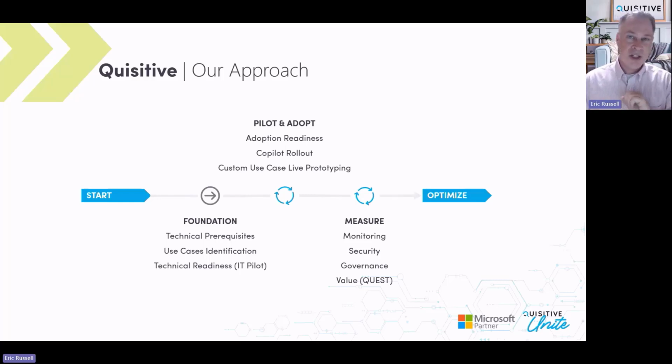You understand the use cases and who you're going to deploy the licensing to. You've done your technical readiness. You're good to go there. What are some of the steps that we would recommend or that you can take to have a successful pilot